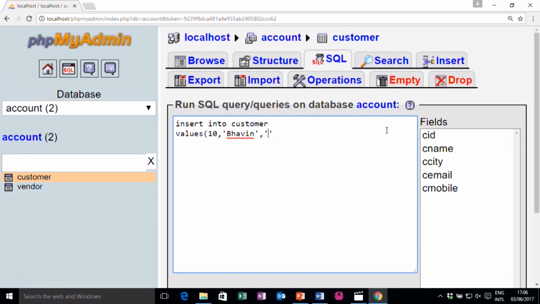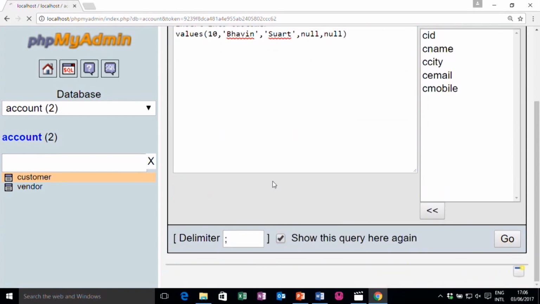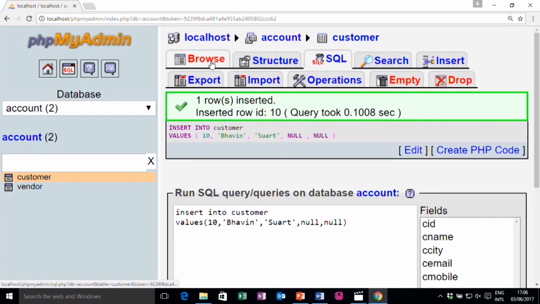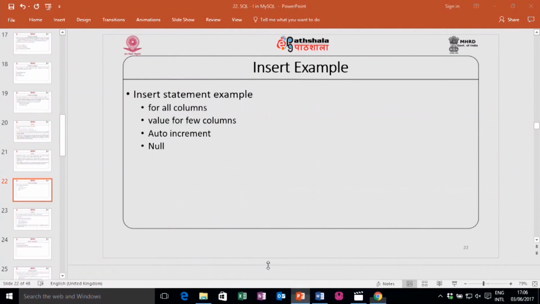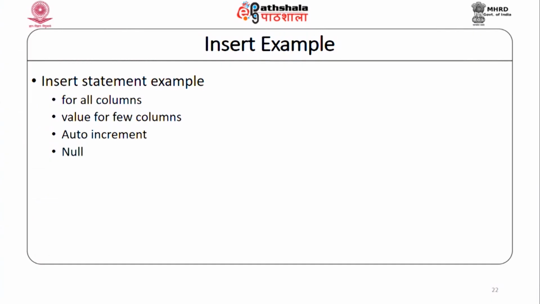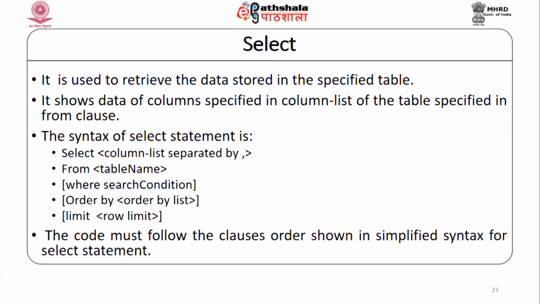I think I do not need to write it, but as I did not provide a column list here, I have to provide some value for that one. So, let me write its city is Surat, its email is I do not know, so I can write null, mobile I do not know, so I can write null also. Click on go. So, that will be inserted. If you check it, you can provide a null value that way also. So, this is insert.